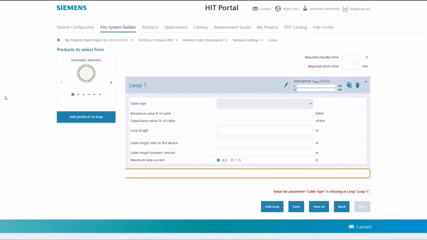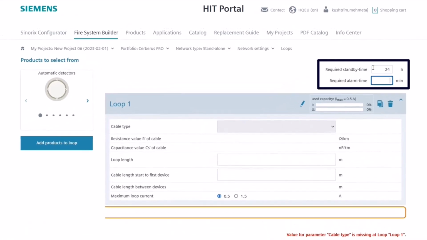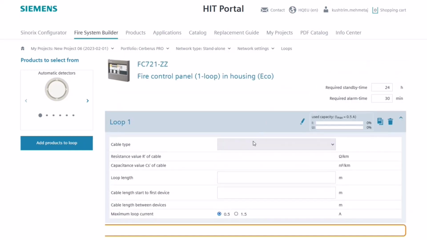When you arrive on the loop settings page, the first step is to configure the required standby time, for example 24 hours, the required alarm time, and the cable type. Then you will have to choose the loop length and cable length running up to the first device. Finally, you will decide if you want to have a maximum loop current of 0.5 or 1.5, according to your